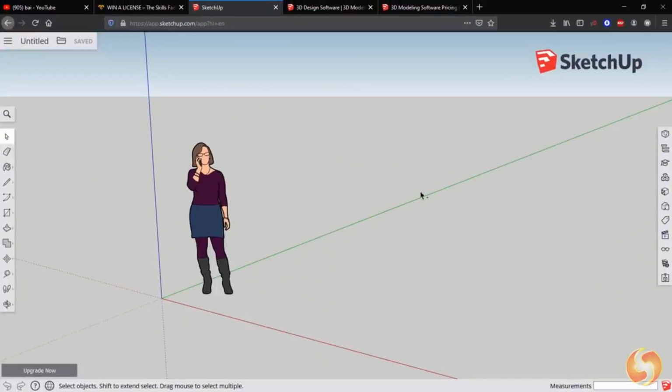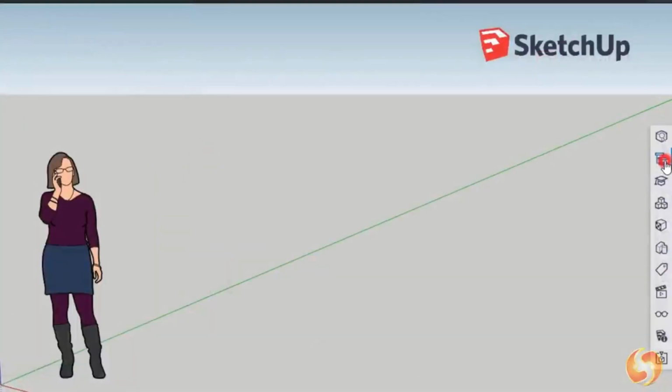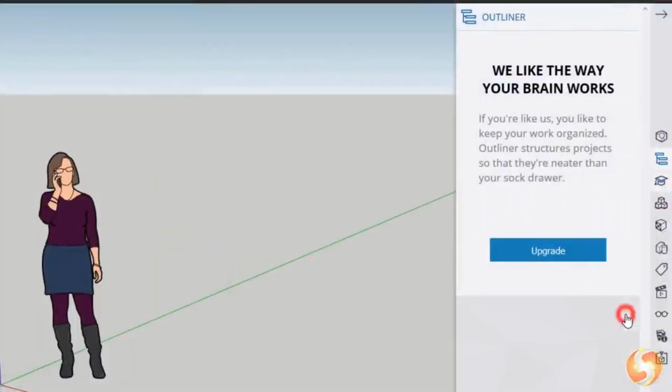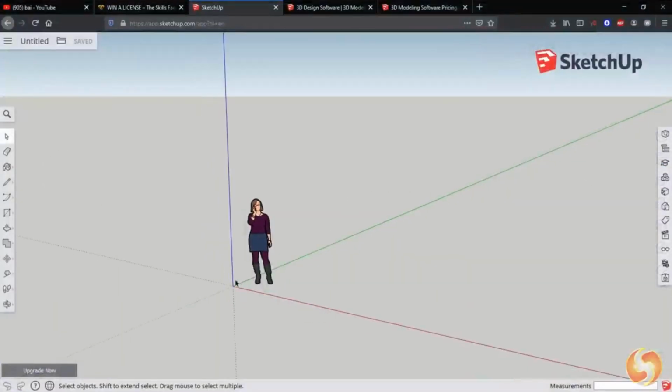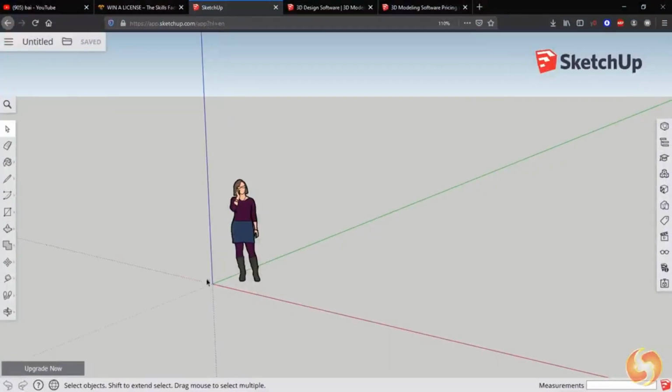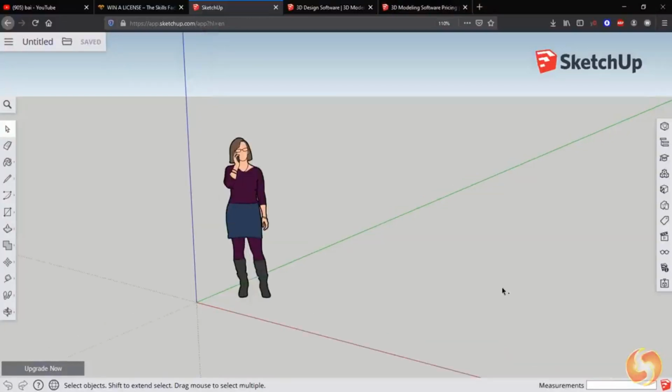As you start any SketchUp project, this gets open on the main interface, with several drawing and editing tools on the left, and useful panels on the right side that you can close and reopen when you need. Every new project is completely empty, showing a 2D human figure as reference, and the main three Cartesian axes, such as the red x-axis for the horizontal direction, the green y-axis for the vertical one, and the blue z-axis for any height from the ground plane, where the x and the y-axis lay.